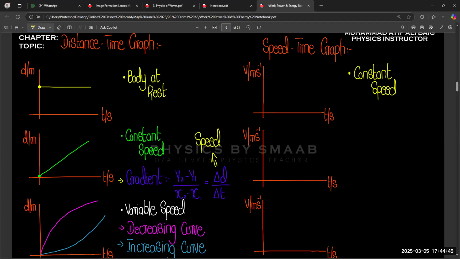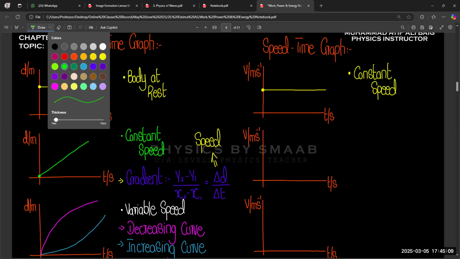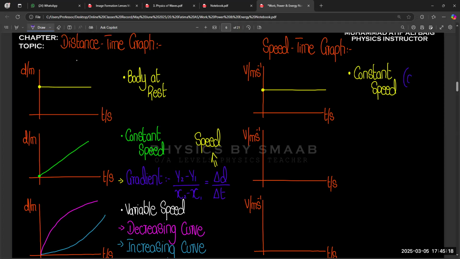Constant speed means we already have a speed given in the graphical representation. So the value of speed remains constant throughout the time. For example, if we start with any value of the speed, it will remain constant throughout the time, like this. And the second idea, constant speed also equals zero acceleration, right? So when there is zero acceleration, that also means the same idea of constant speed.